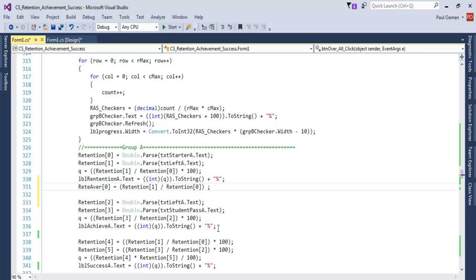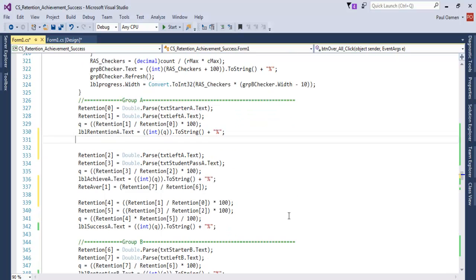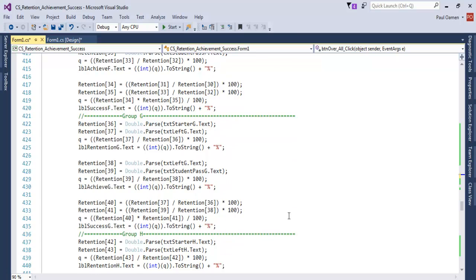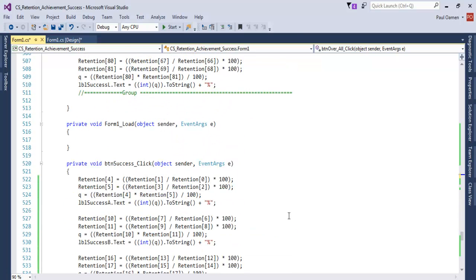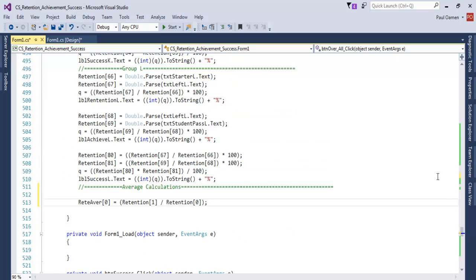Repeat the same thing here. But one thing is to make it more readable. I think I'm going to just take them off and put it right underneath here. That will make life easy. Right underneath here. So let's just call it average calculations. So paste it right underneath here. That's for the very first one, and the second one,